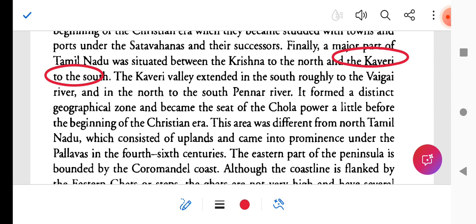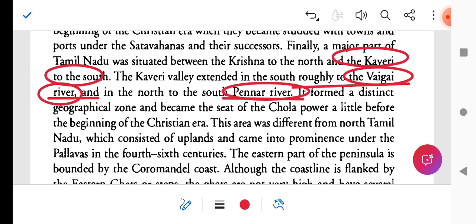The Kaveri Valley extended in the south roughly to the Vaigai River. Vaigai River is also an important river located in south Tamil Nadu, and in the north to the south Pennar River. Pennar River came in last year, so it is an important river. Okay, it formed a distinct geographical zone and became the seat of Chola power a little before the beginning of the Christian era. So Pennar River is important for the Chola period as well,